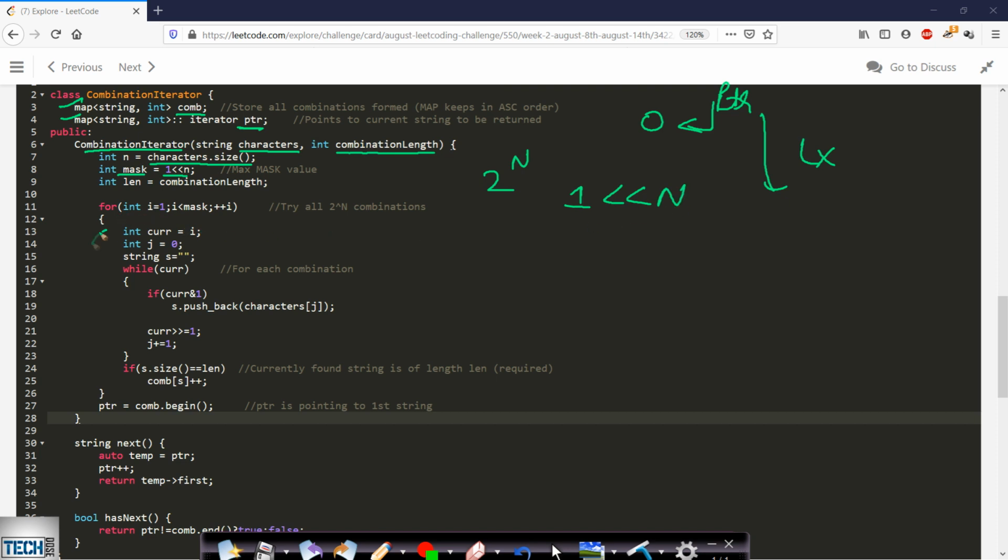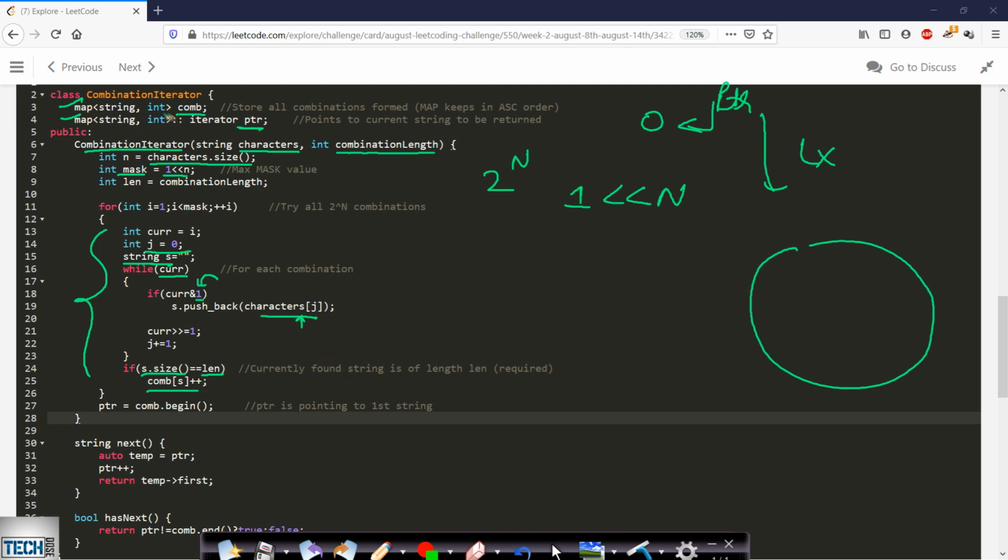Now we will try for all possible combinations, and for each combination wherever we have found a bit as 1, we will include the corresponding character and the position is pointed to by this j. Okay. And now after that, if the included size of the string is equal to the combination length, then we will include it in our combination set. Okay. Otherwise we will not include it.